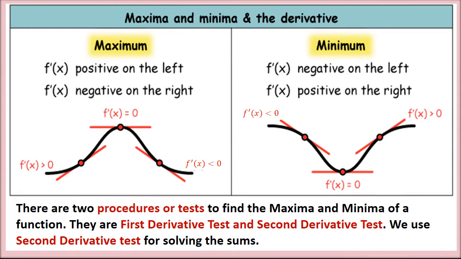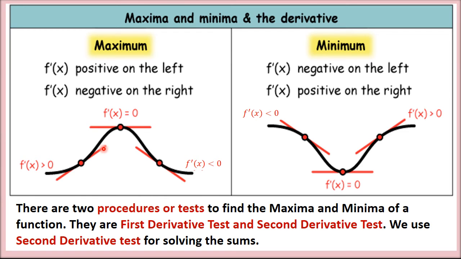Now the maxima and minima and the derivative. Derivative of a function means slope of the tangent, that we have already learnt. Now maximum and minimum value of the function, let us relate with the slope of the tangent. We know the function or the curve to the left of this maximum value is increasing function or rising curve. If the function is increasing, the first derivative or the slope of the tangent will be positive, greater than